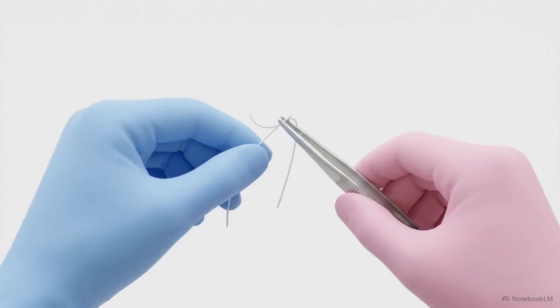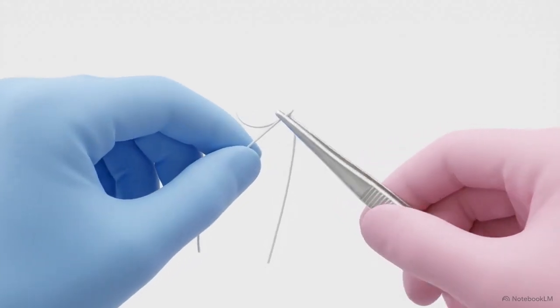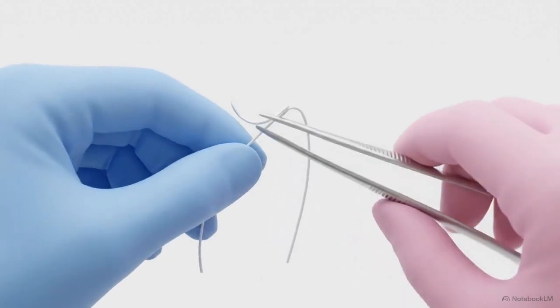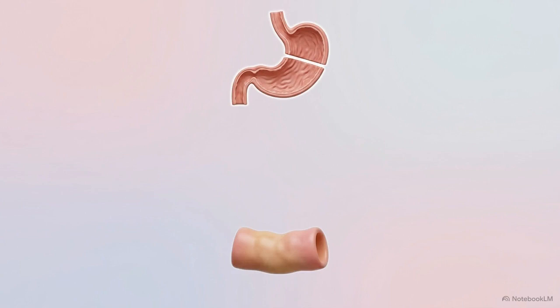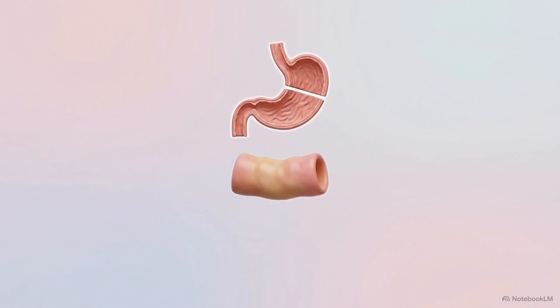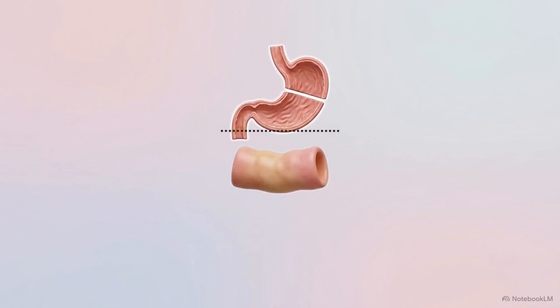The exact geometry and structural routing chosen in the operating room dictate how the system functions decades later. Each specific anastomosis creates a distinct set of mechanical and biochemical failure states. In a Billroth I reconstruction, the stomach is sutured directly to the duodenum, allowing food, bile, and enzymes to mix